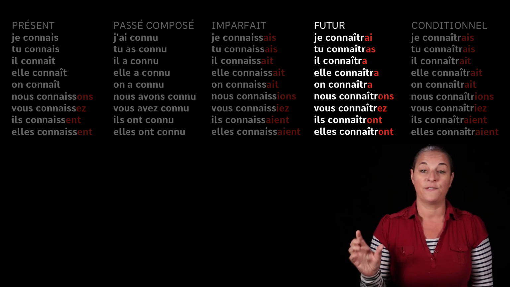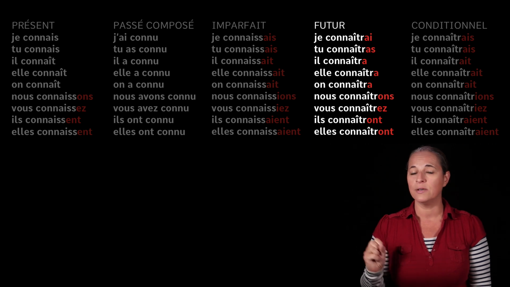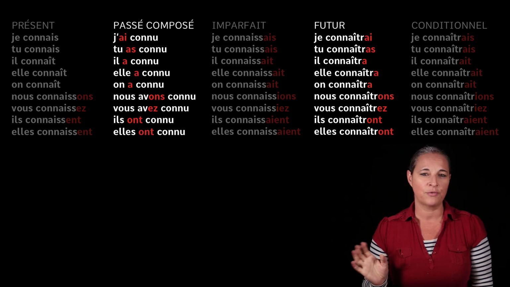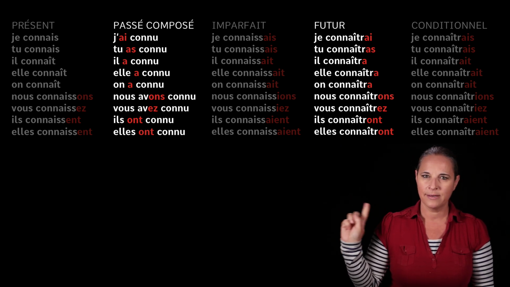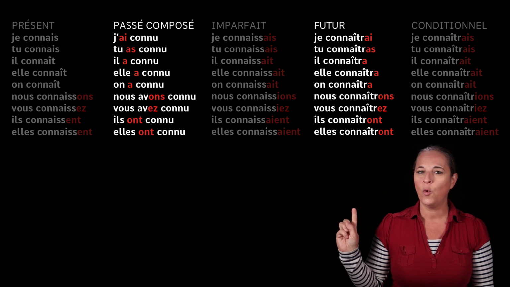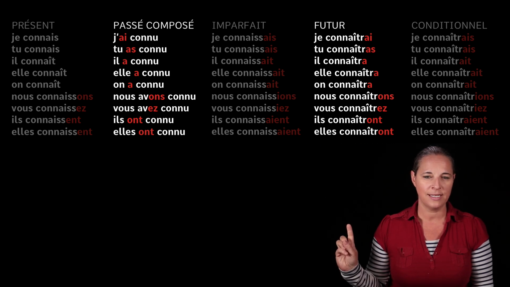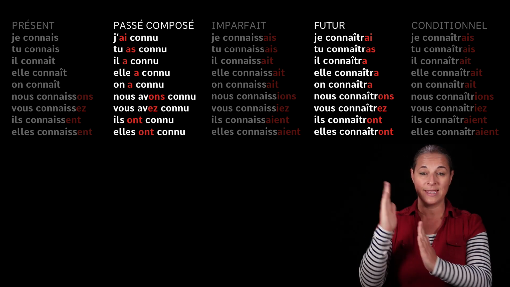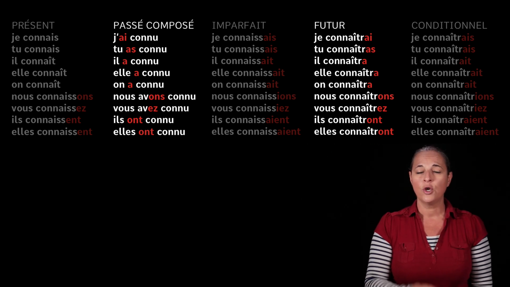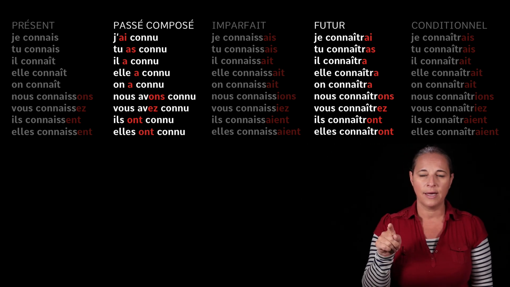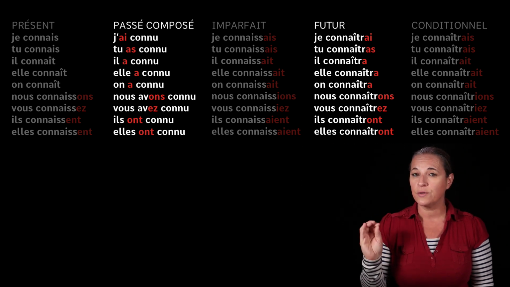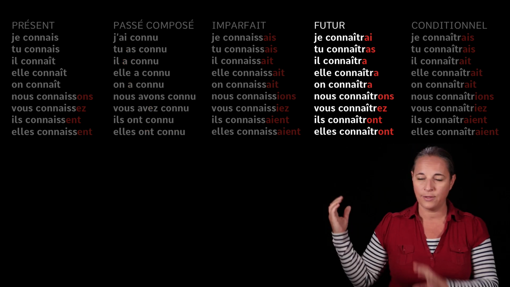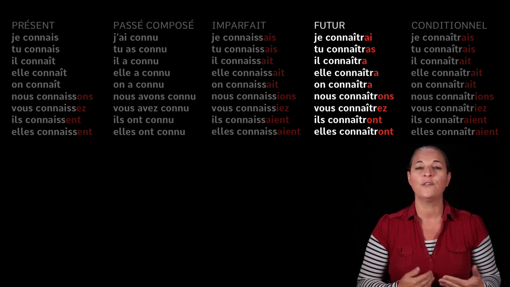Now the future endings, funnily enough, are easy to know because have a look at the verb avoir in the present tense: ai, as, a, ons, ez, ont. Can you see that? The endings? These are the endings of the future tense. So you stick that to the right stem. The stem is connaître, with the -re at the end. All future and conditional tenses have an r sound. So, je connaîtrai, and here you have the future tense.